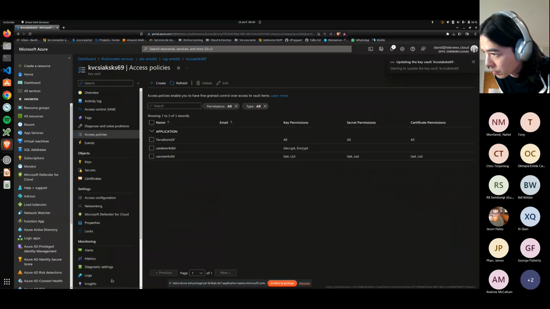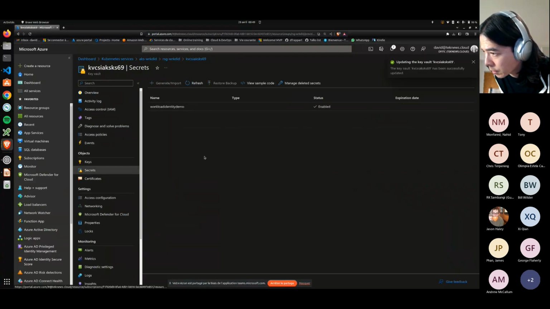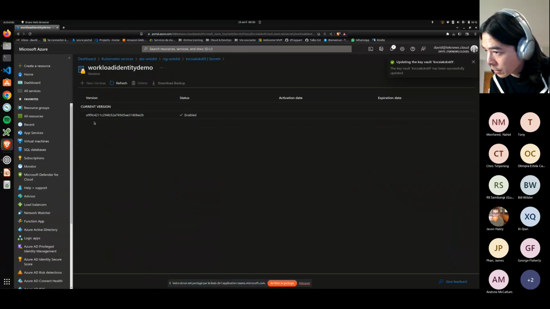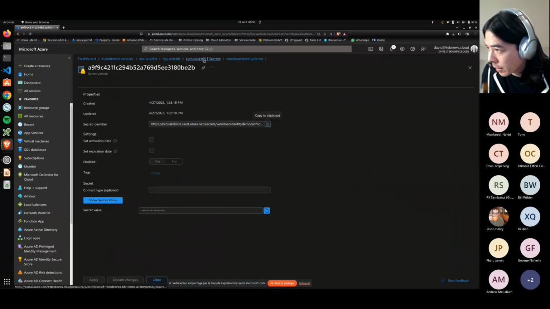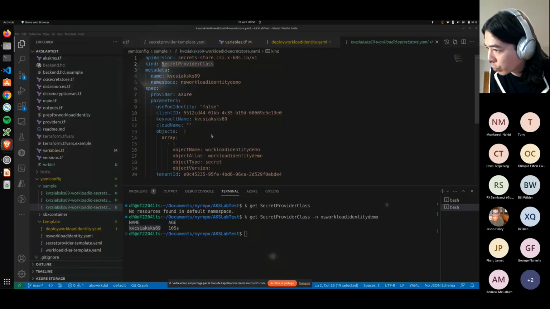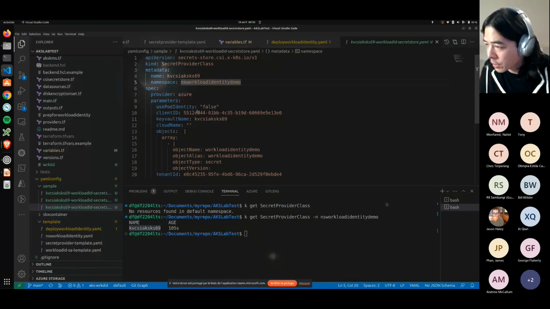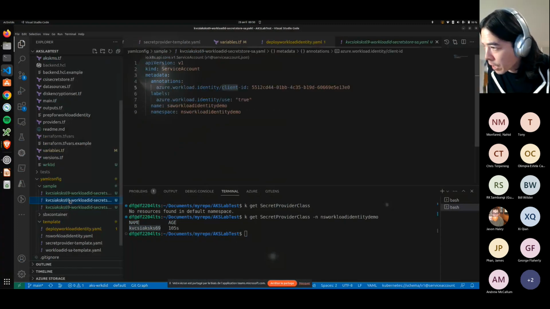Okay. Now, if I go back to secrets, you can see that I do have a secret that is living in the Azure space. And going back to that, you can see that I'm referring to this secret in the secret store. Okay, so I need to create the secret provider class in Kubernetes and specify which secret I want to give access to. And then I'm giving access through workload identity by this parameter over there. Okay, and then my service account is referring to the managed identity, which should get access to this